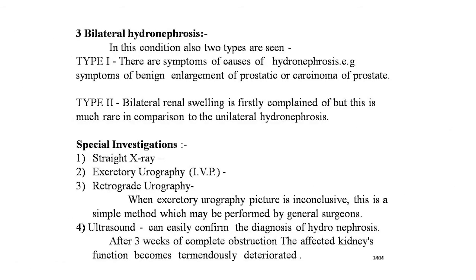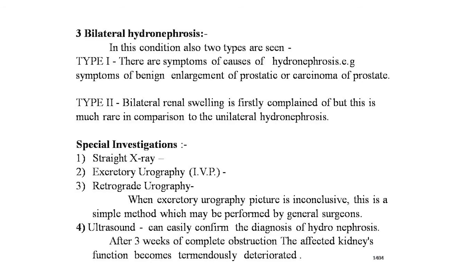Now, the third type of hydronephrosis is the bilateral hydronephrosis. In this condition also two types are there, type 1 and type 2. Type 1, there are symptoms of causes of the hydronephrosis, that is the symptoms of the benign enlargement of the prostate or carcinoma of the prostate. Type 2 is the bilateral renal swelling as the first complaint, but this is much rarer in comparison to